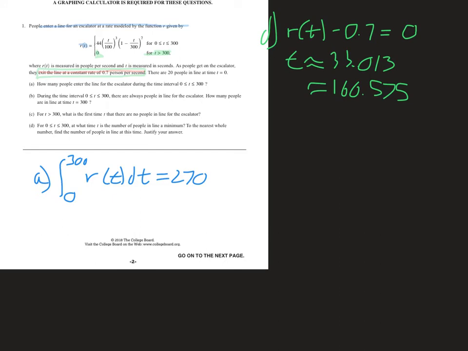So we could have a minimum here, but we could also have a minimum at 0 or 300, because on a closed interval, which we're given here, the maximum or minimum could be the starting point, or it could be the ending point, as well as the critical numbers. And so I always like to think about the graph of this derivative before I worry about which one is my maximum or my minimum, especially for a calculator allowed question like this,